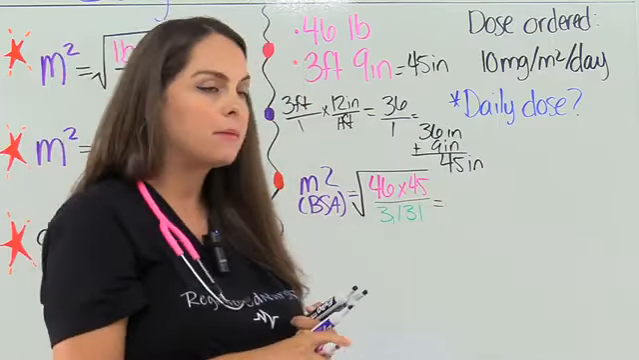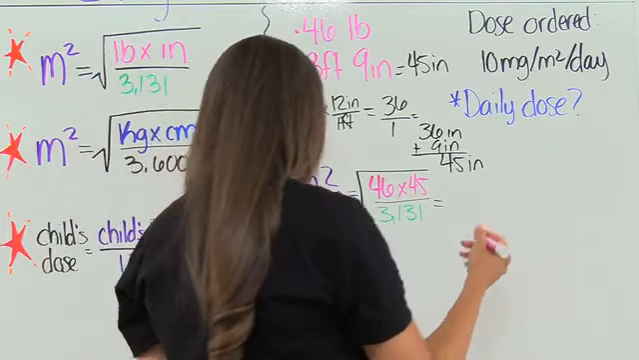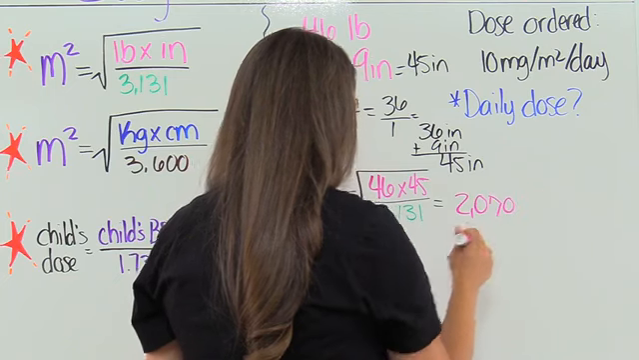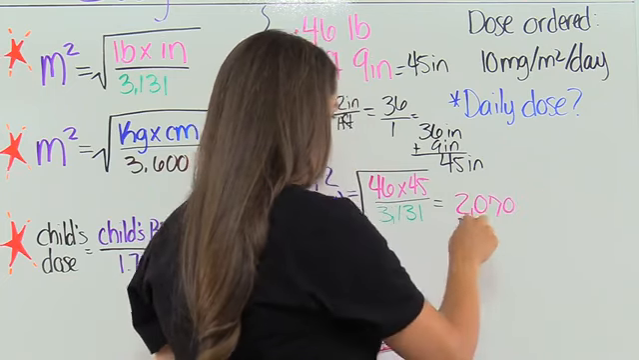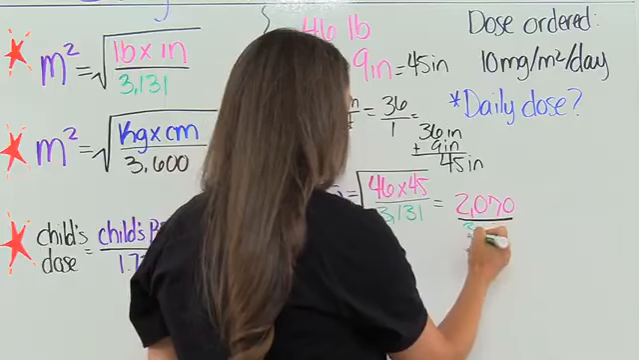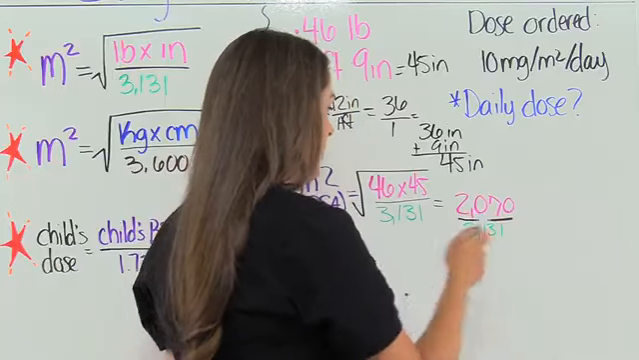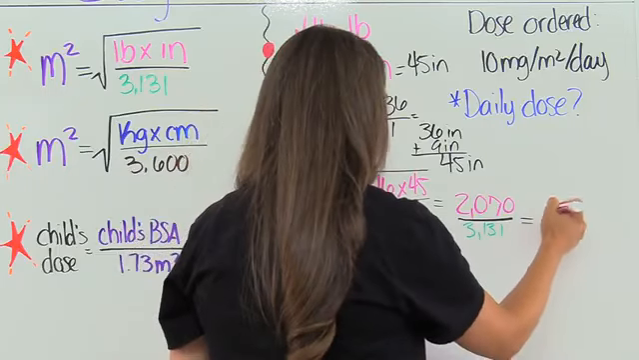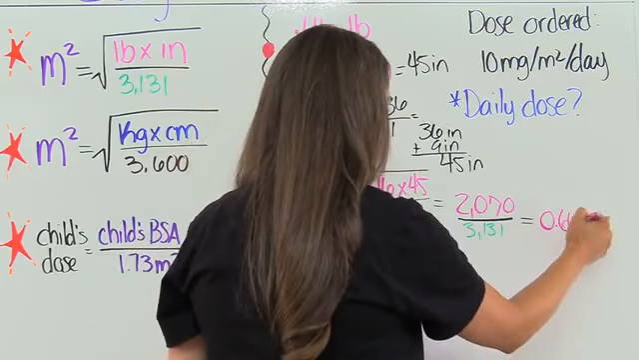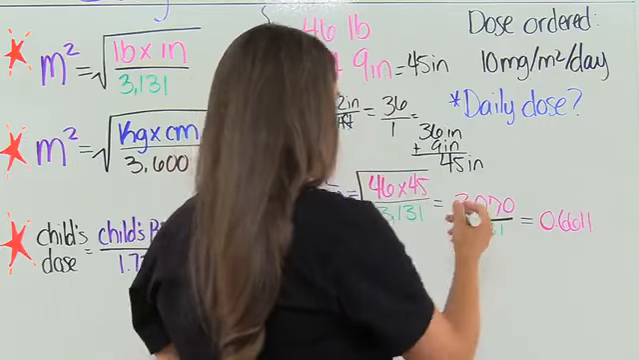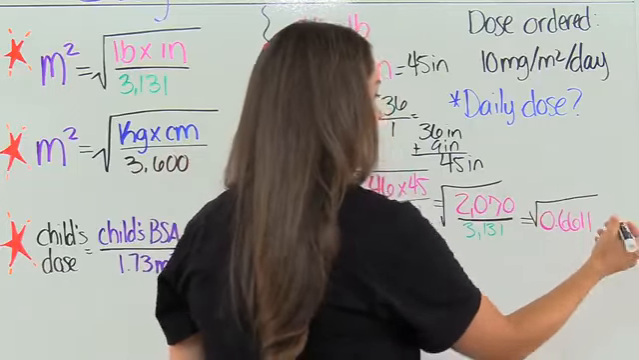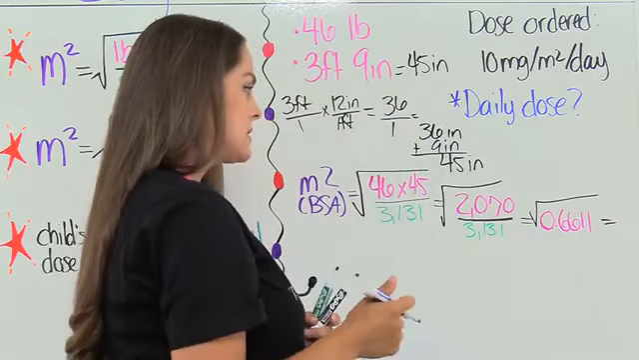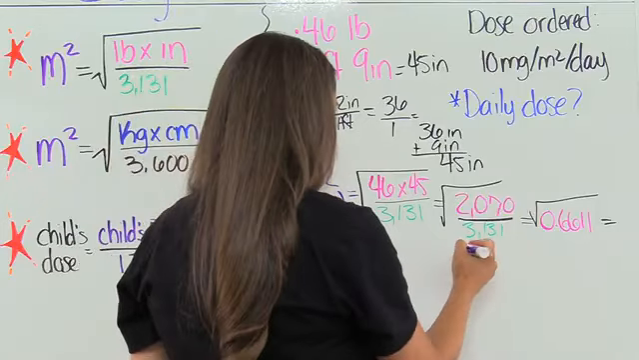So 46 times 45 is 2,070. And when you divide that out, we're going to divide that by 3,131. When we divide that, that gives us 0.6611. Again, we got to find the square root of that because we are almost there to find our body surface area. So the square root of 0.6611 is